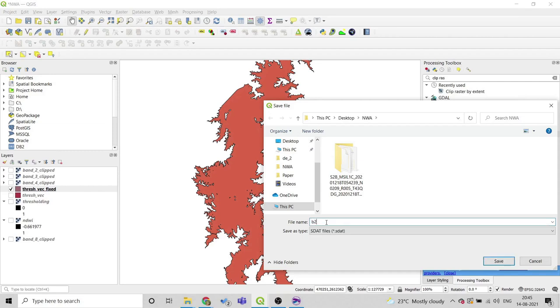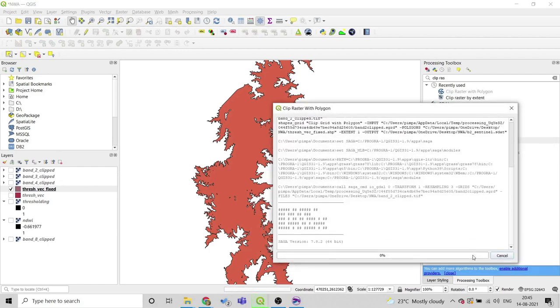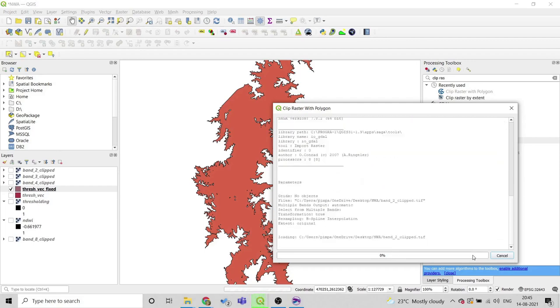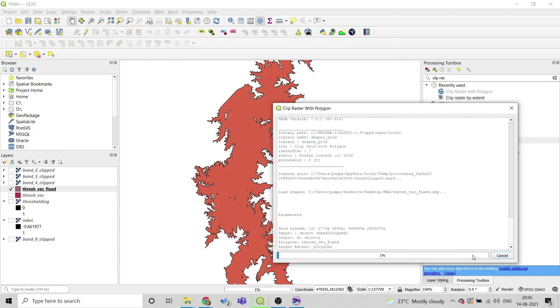B2 Sentinel. Click on save and run. This process might take time depending on your system. Just simply follow these steps for each band,